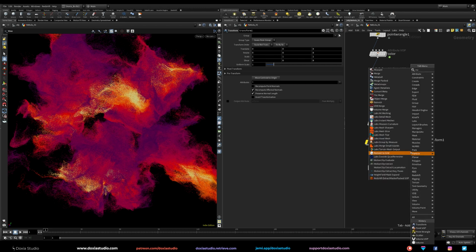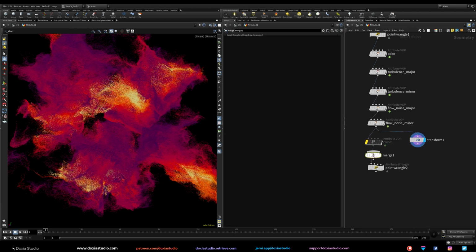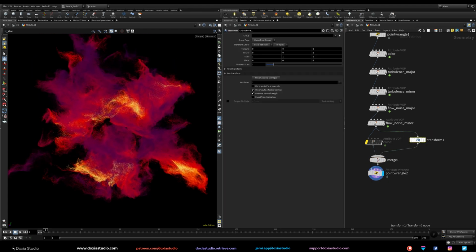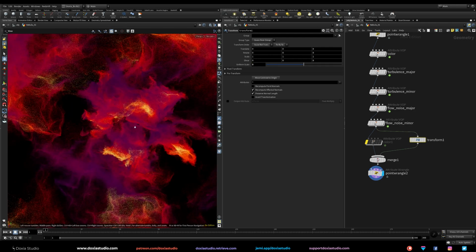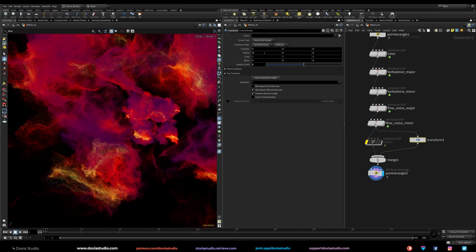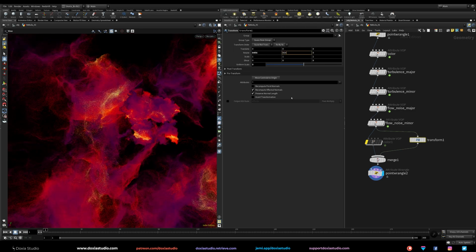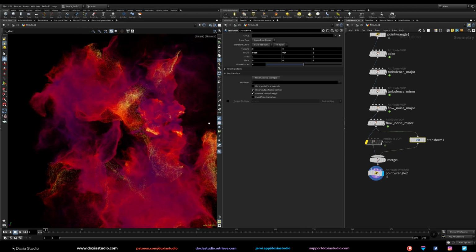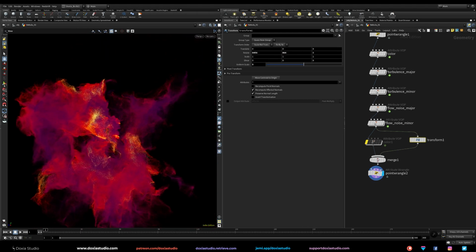Let's merge everything. So we can see with alpha because it's really different to see with alpha. Okay. And let's increase this like 5. We have a big one. Let's randomly rotate this. Okay. And let's move this a bit to the back.